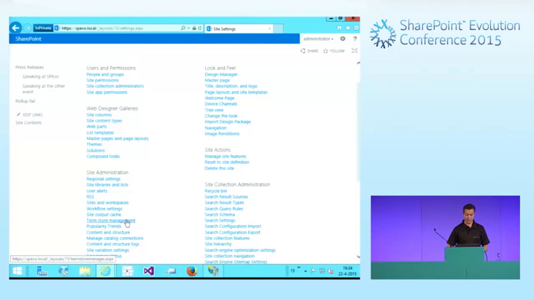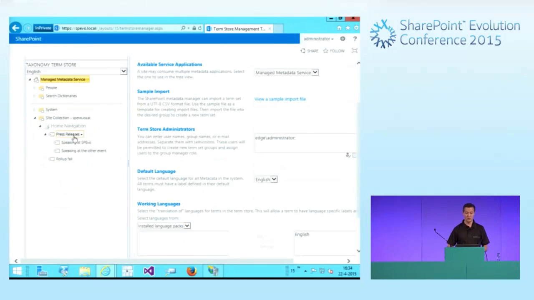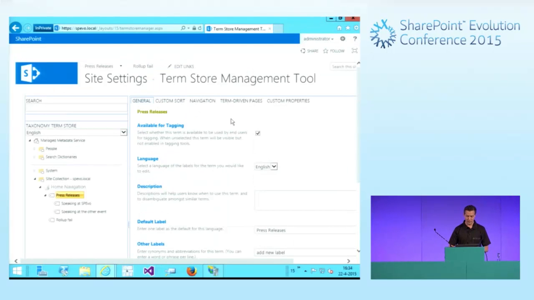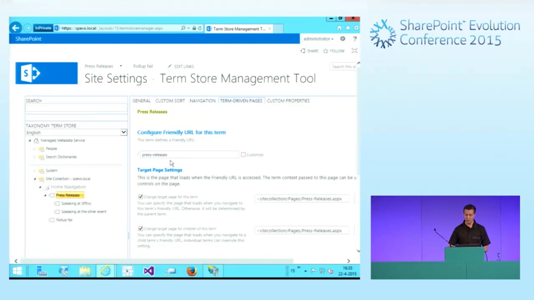So here, if we go to Term Store Management, you will have a term set for your site, and then there will be the whole tree of your site modeled here in MMS. For every term, you will be able to associate it with a URL, which is here, and a physical page in your site. So even though I have here a tree, so there is level 1 and level 2,